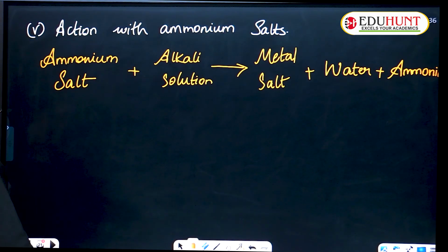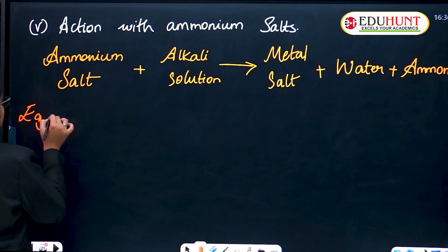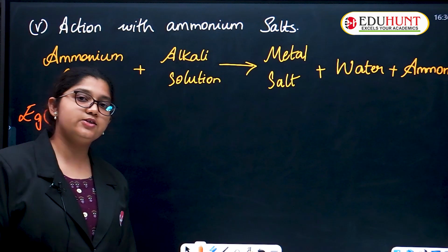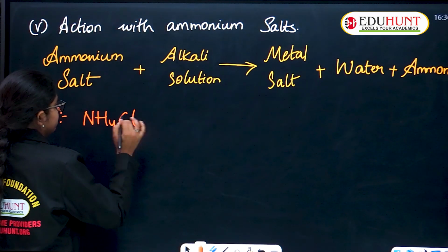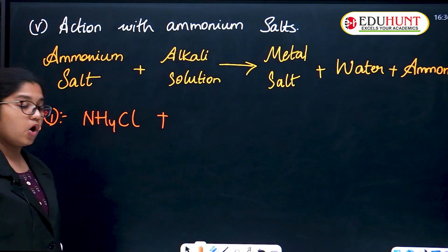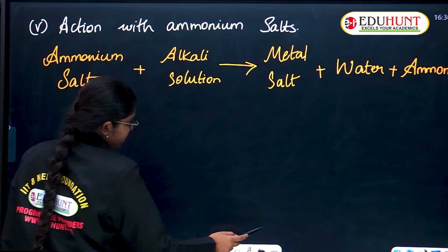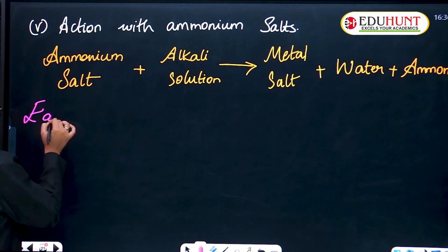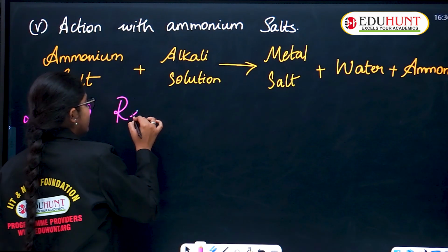So here is an example for you. First example, example number 1. So we will take an ammonium salt such as ammonium chloride, NH4Cl. Okay. To this, let's add an alkali solution. Okay, the heading for you. Wait, I forgot to write the heading. Yes. First, let's do the headings. First example, example number 1. It is reaction